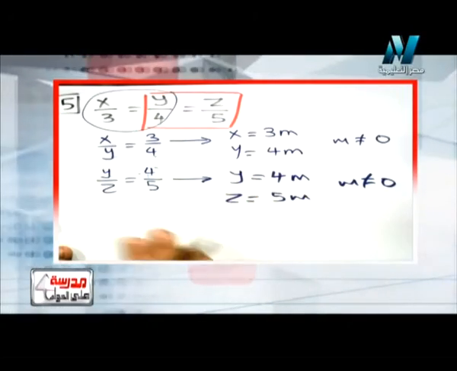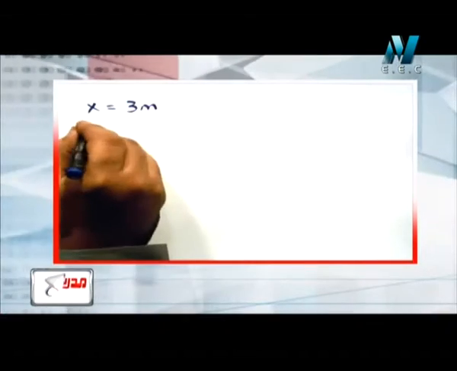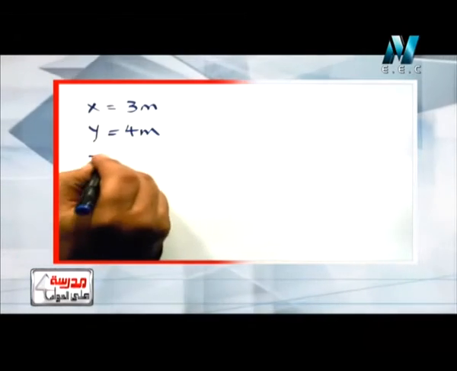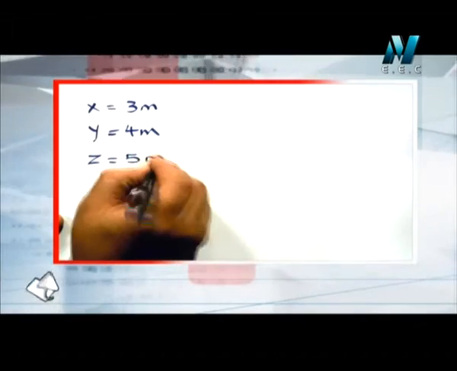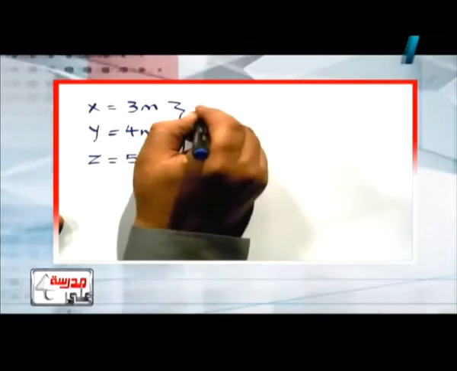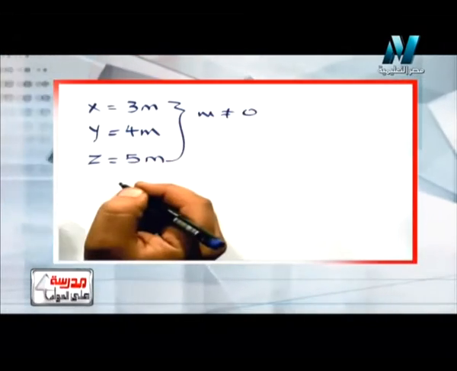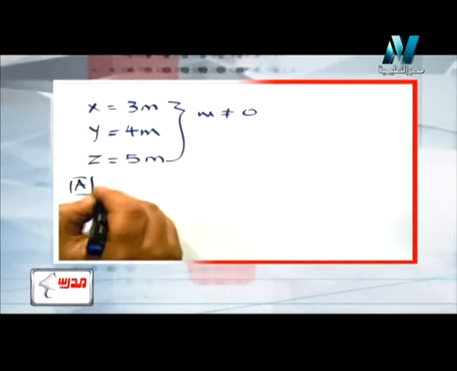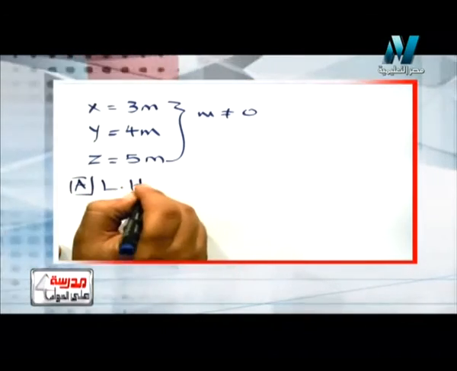Now, I have the values for x, y, and z. I have x equals 3m, y equals 4 times m, and z equals 5 times m, and m is a factor, and this factor doesn't equal 0. Now, to prove part A, I'm going to work on the left-hand side,